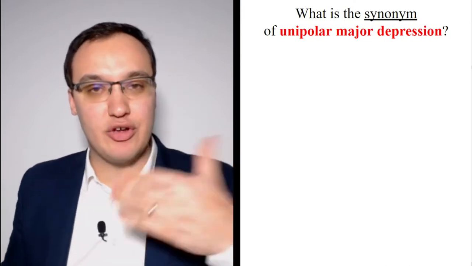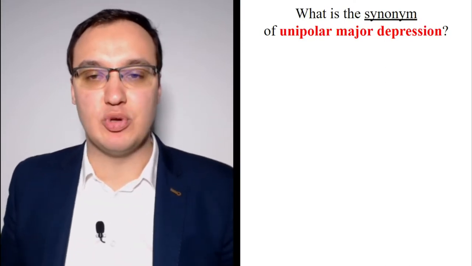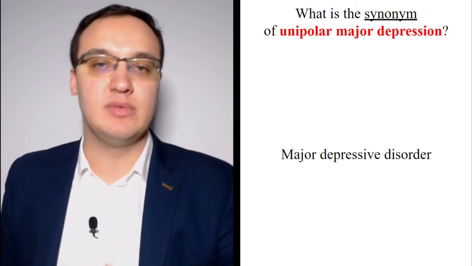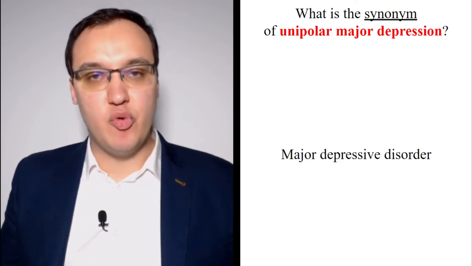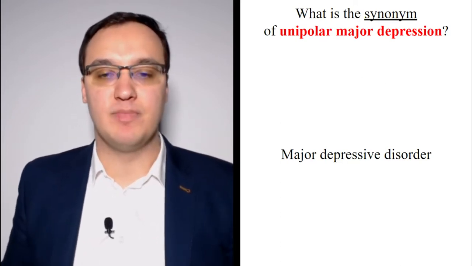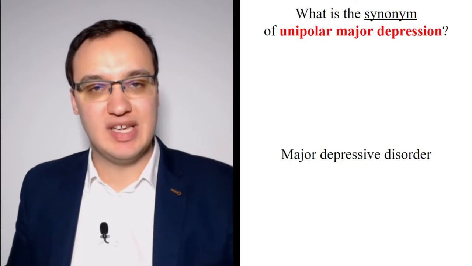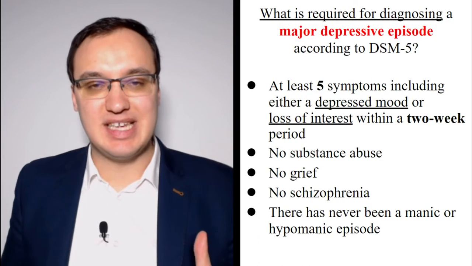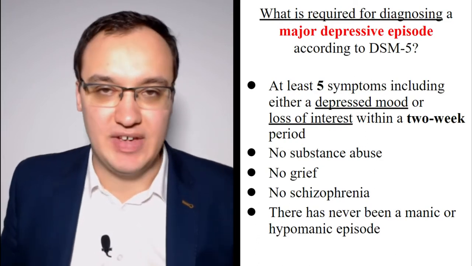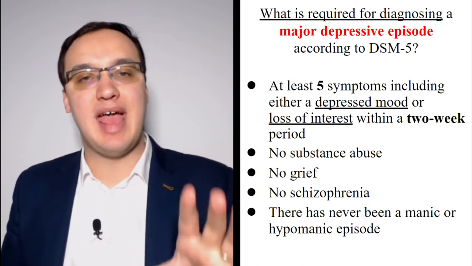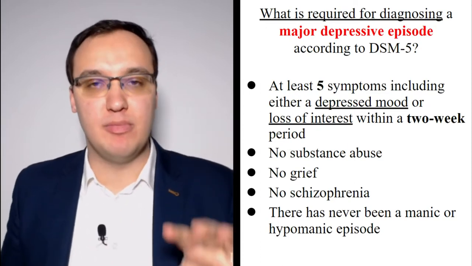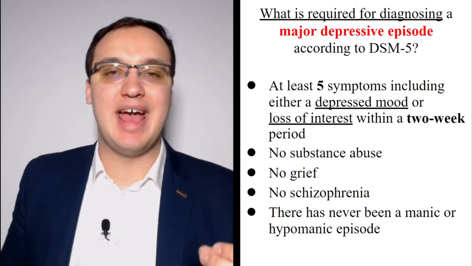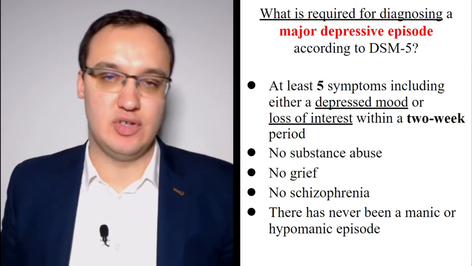So we have to recognize the symptoms now, and today we'll look at the symptoms. The synonym of unipolar major depression is actually major depressive disorder. This has been used previously. Nowadays we want to use unipolar and bipolar, and therefore I will try to stick to using unipolar. Major depressive disorder in the DSM-5 classification, this is just a classification system, called DSM-5, and we will see that unipolar depression, let's keep it simple now, call it always unipolar, has to have 5 symptoms.